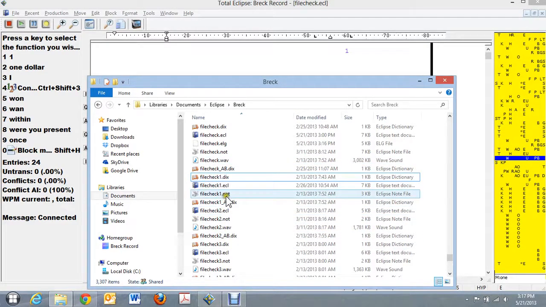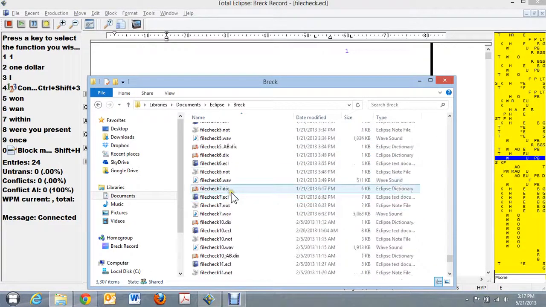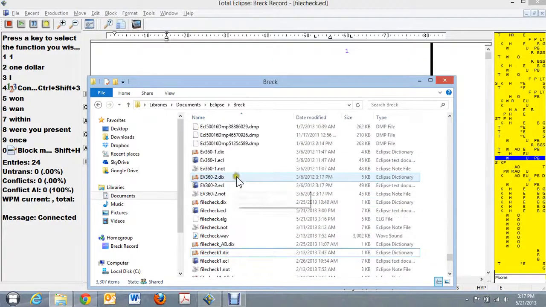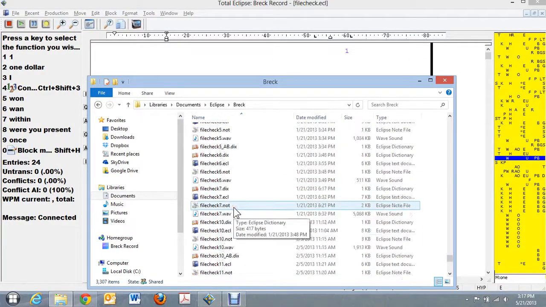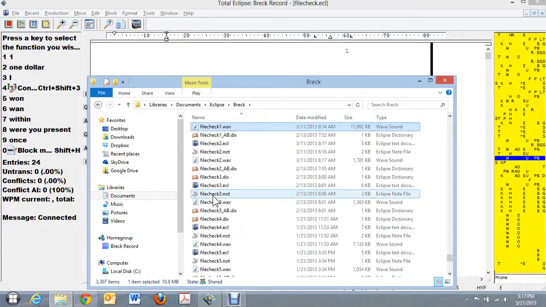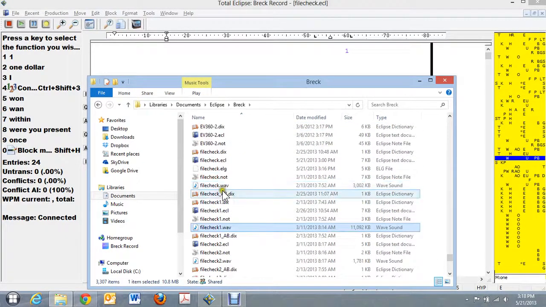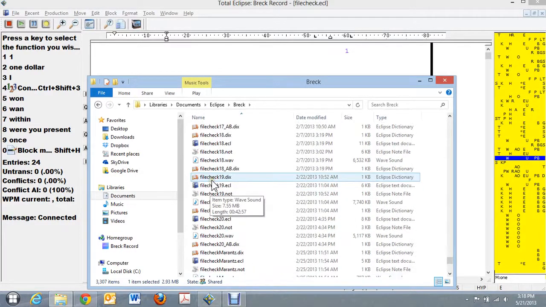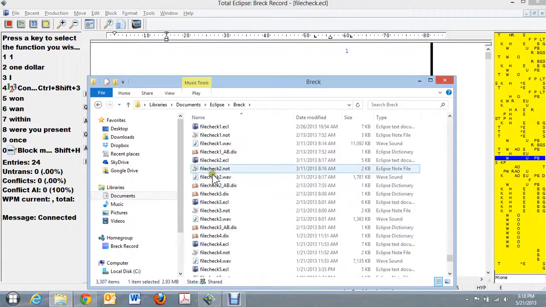Actually, I moved some files around and I renamed it. But if you wanted to make file check 1 come up, you would have to take this file here. Let me reset this real quick. I've got it down here at the bottom. There's file check 1. Okay, so now you have your file check WAV file, and you have this one. You'd have to rename this one something different, and I want to call it file check Z. And then you would have to go up here and again take file check 1